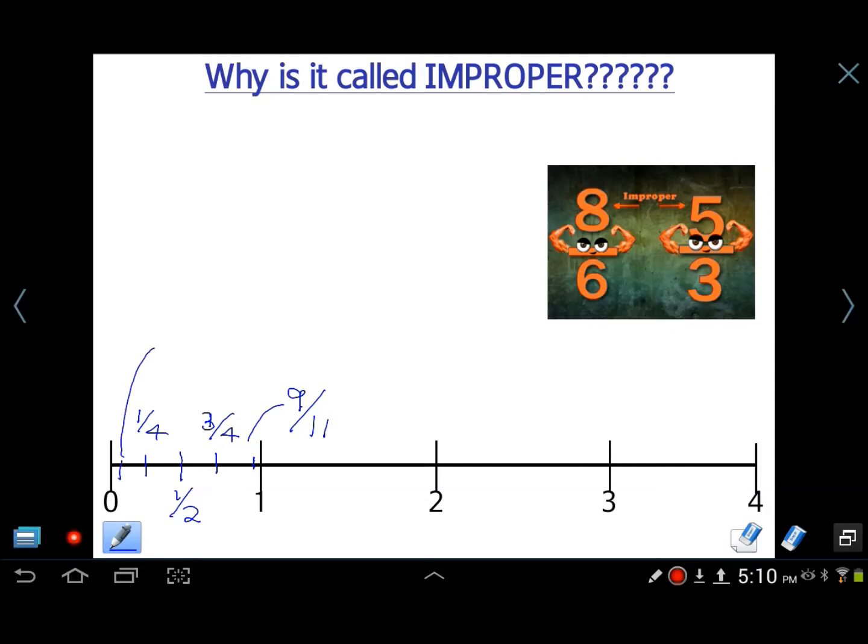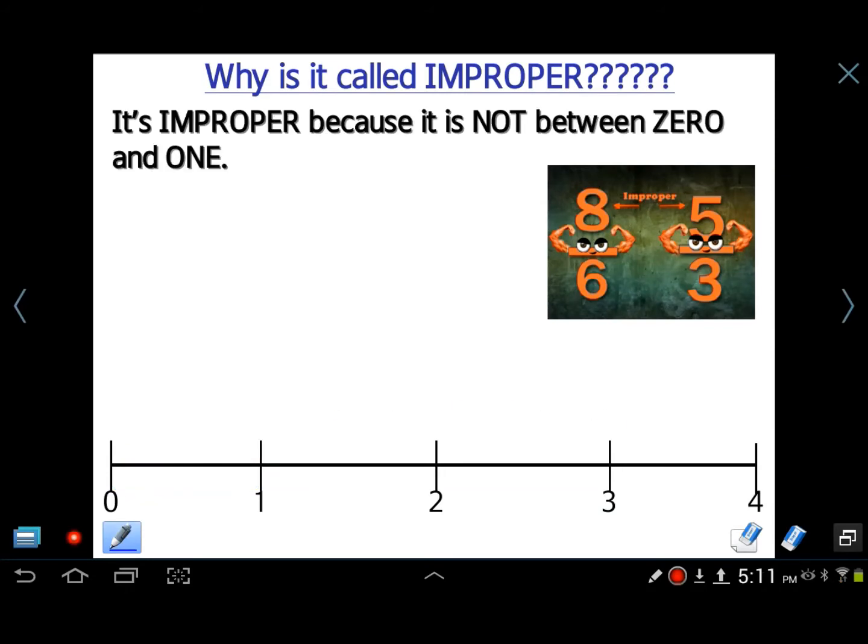Here's where 1/10 goes. So all regular fractions, where the numerator is smaller than the denominator, fit in this little region right here. That's where all fractions fit, between 0 and 1. That's what a regular fraction is. We just don't call it a regular fraction. We don't call it a proper fraction either. We just call it a fraction. All fractions are there. The reason it's called improper is that it's not in this region between